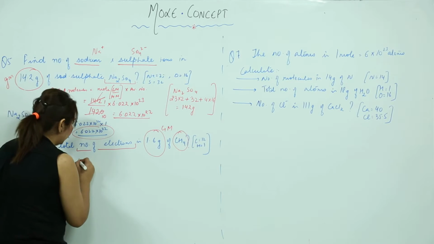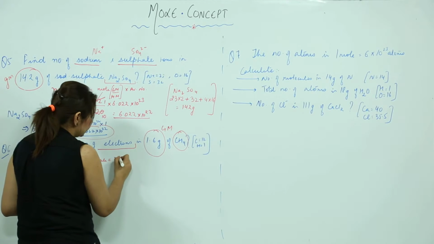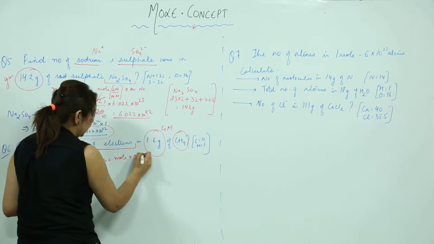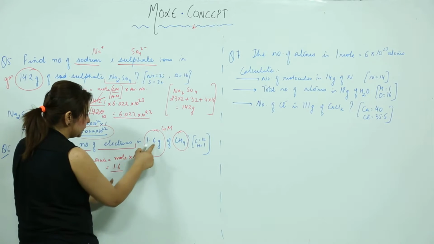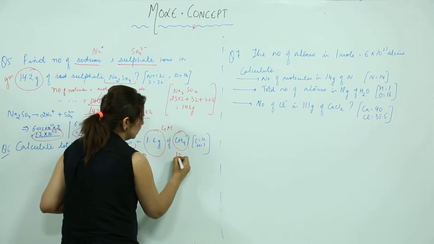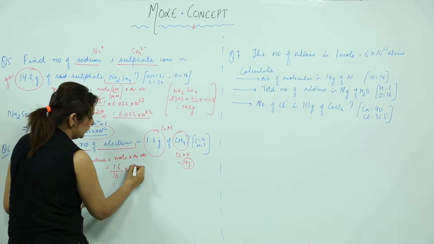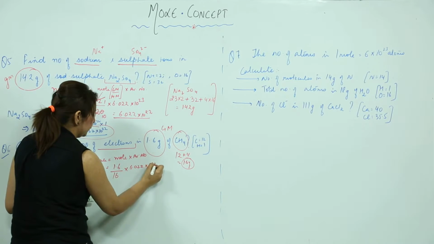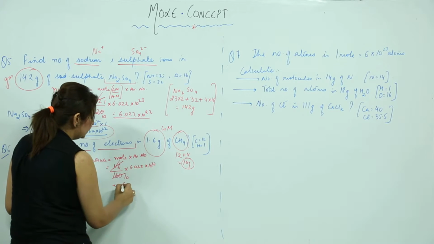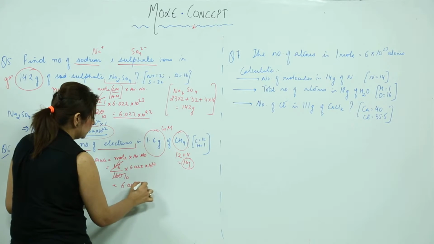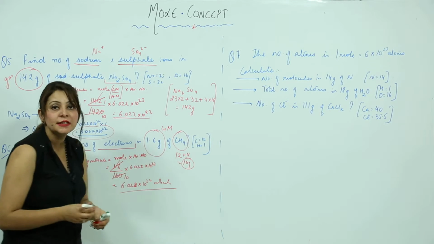So we know that the number of molecules we can find by calculating the mole into Avogadro number. So this is what I am doing. I am finding the mole first. So it is 1.6 grams, the given mass, over the molecular mass, which comes out to be 16 grams. Again 16 into Avogadro number. I am removing a decimal here. What we get is 10, so when we divide it, we get 10 raised to power 22. So that means this many molecules of CH4 are present in this much mass, right?